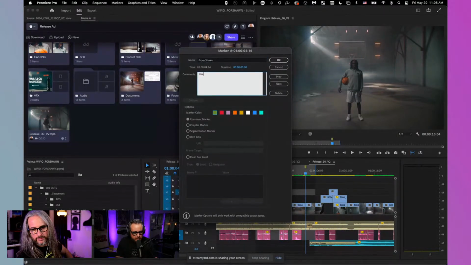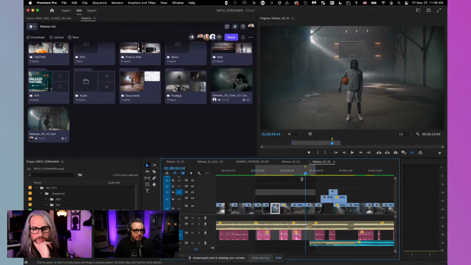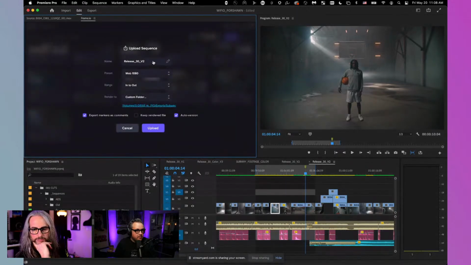We want to make sure we put our comments in here because this is how Premiere reads it back to frame. And we'll put OK. And then I'm going to go ahead and upload again. Active sequence. Let's just say V3. Now, on your first upload, it's important to have auto version on because when you do this second upload, it has to register that it's the same